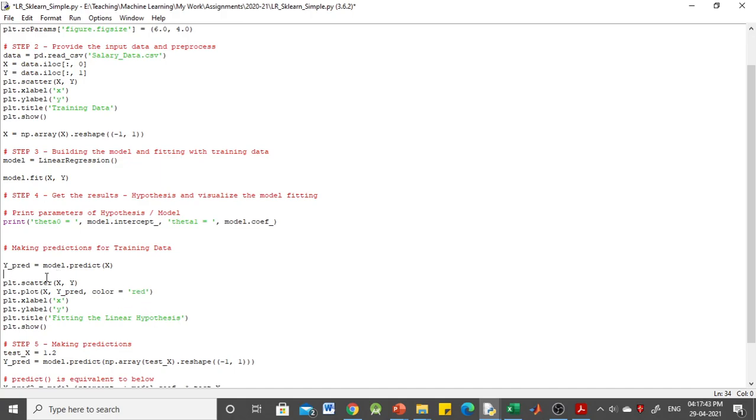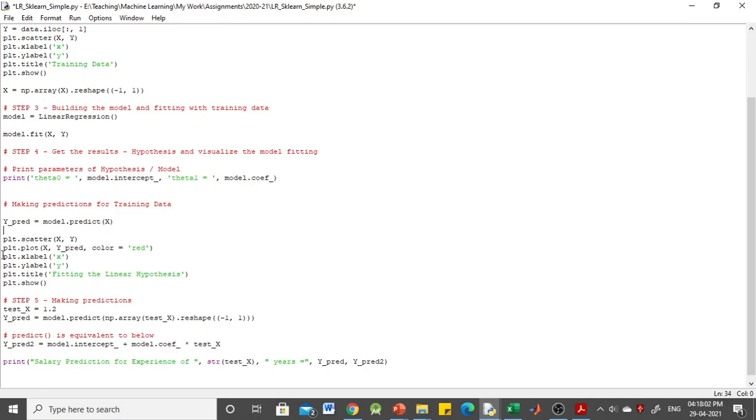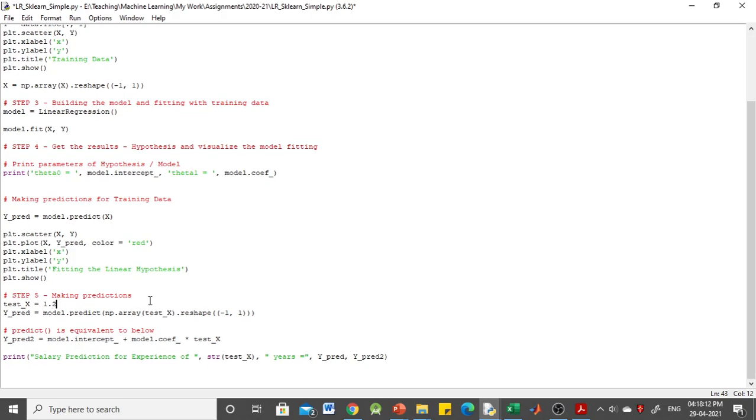Further, we plot the scatter plot x comma y, which denotes the actual data distribution, and then we plot the linear regression line. These statements give us the scatter plot along with the line of regression.